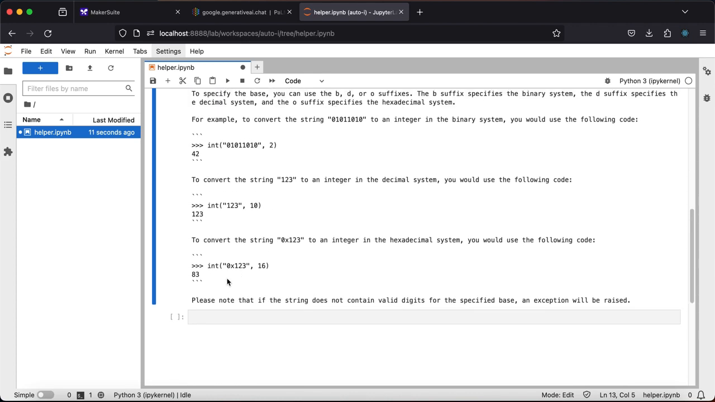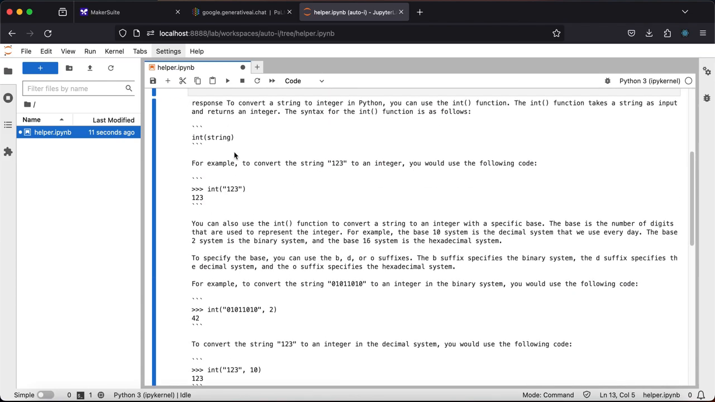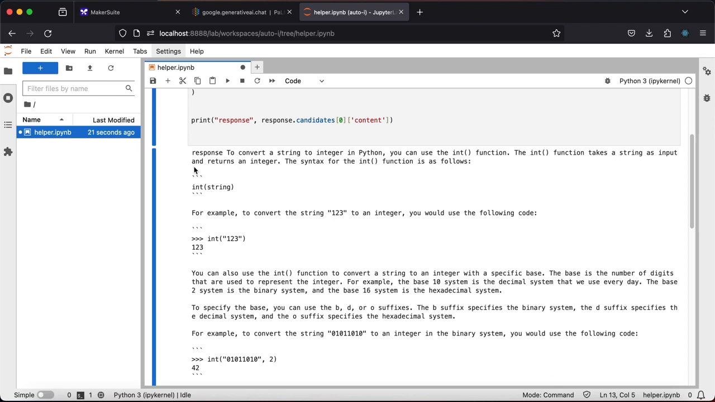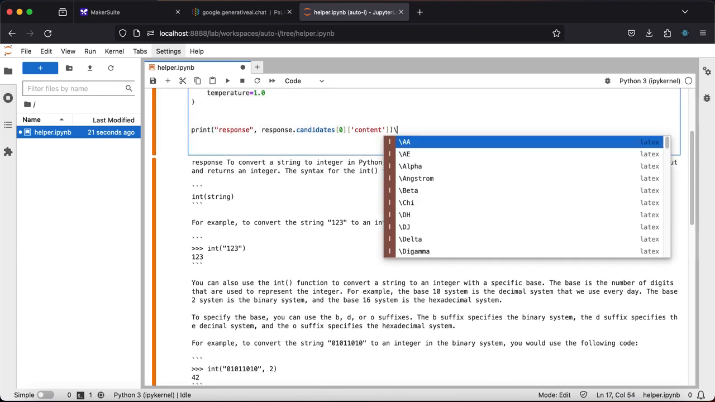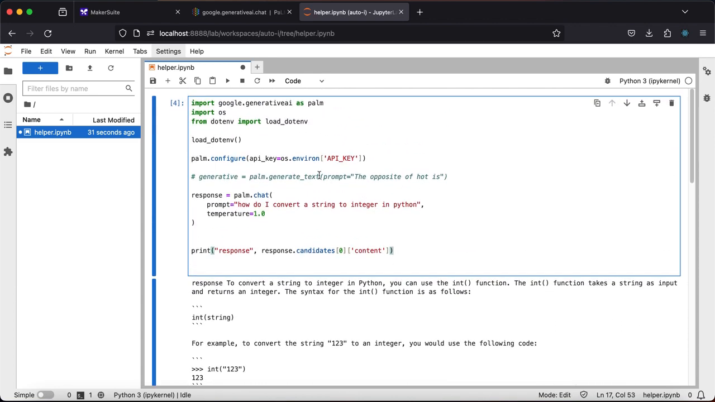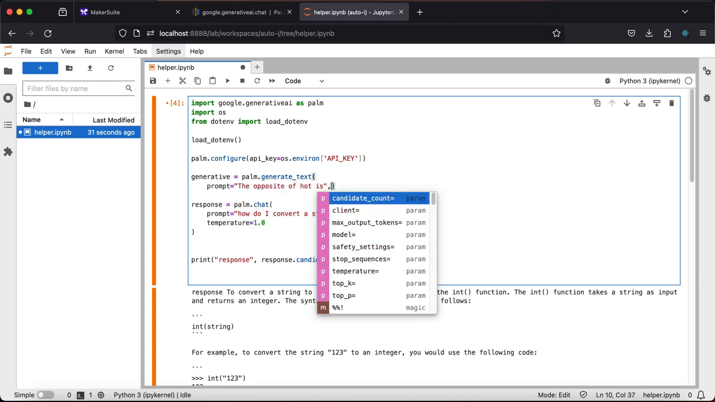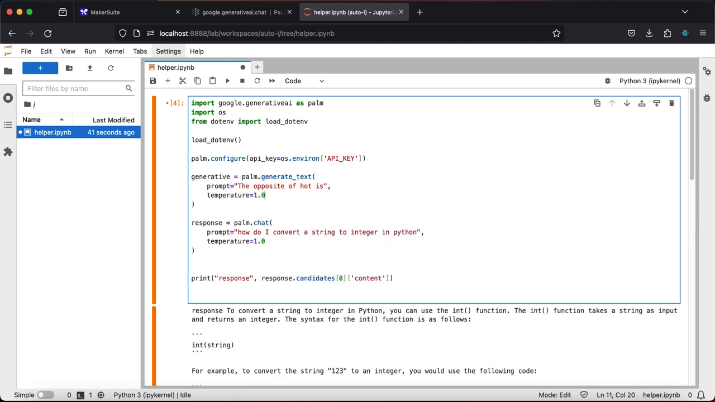It was formatted by Jupyter Notebook, and it's also going to be formatted by the command line, because the response contains a new line character, which is this. Okay, now the next thing we need to do is